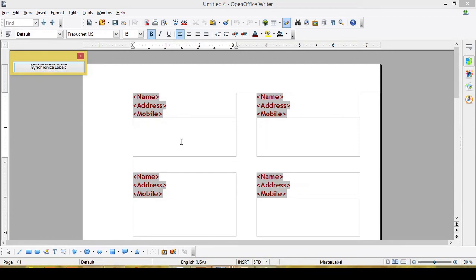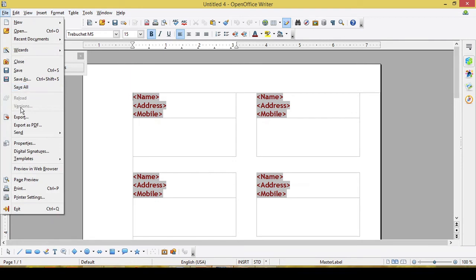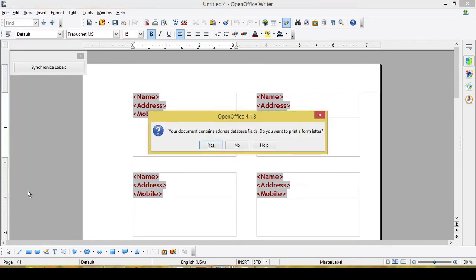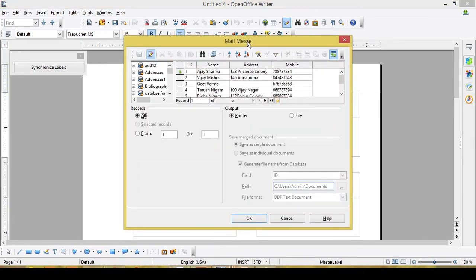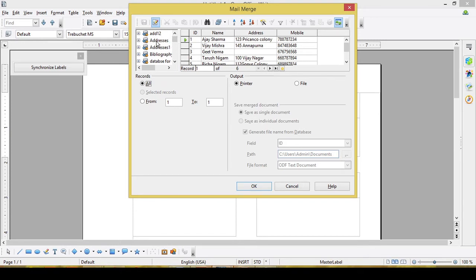Now after this, you can click on print, that means file, and then you can select print, or even you can press Ctrl+P. When you click on yes, now this is displaying you mail merge. Now as you can see, this is the list displaying the databases in my computer. So as you can see, I have selected LabelDB. This is the name of my database, and in this you can see tables. It is displaying both the tables, 2 tables were there, and as I have selected this table label, it is displaying the data of that particular table.